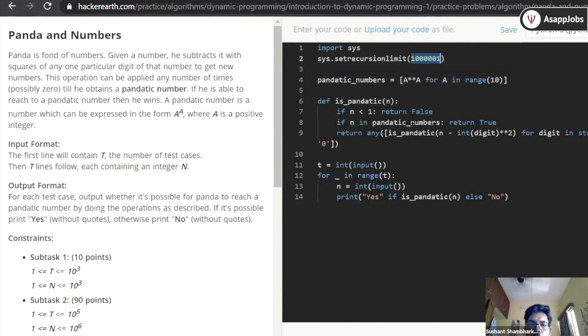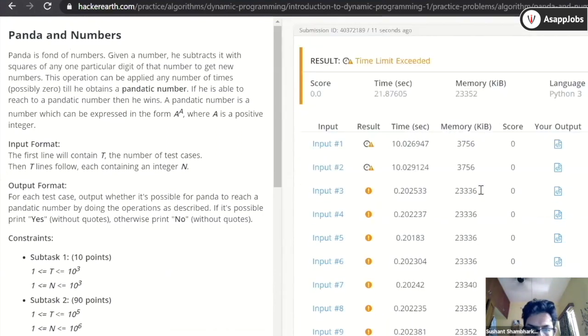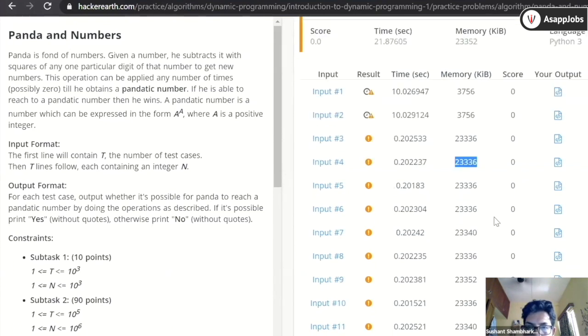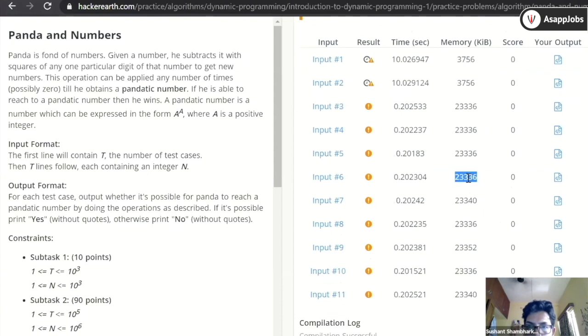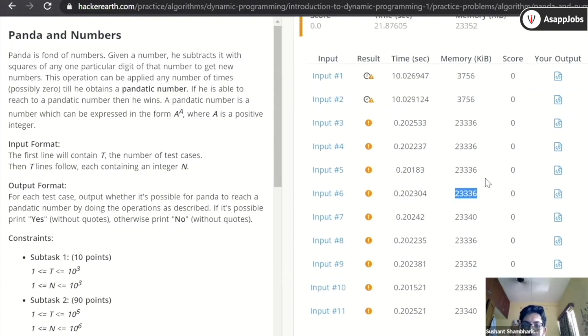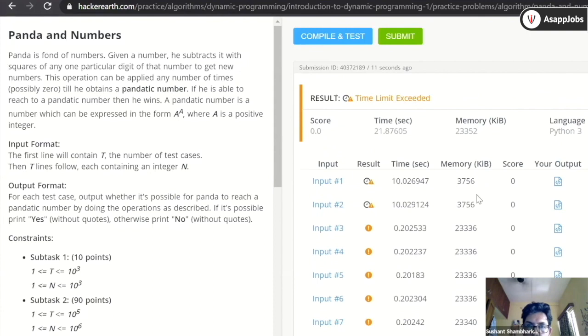If it is not taking that much time, it will at least take a lot of memory. You can see here there is a memory limit in KB and it is going up to the upper limit, right? So all these numbers are going to the top limit, and these two cases are using lower memory, but they are taking a lot of time because we haven't used any caching mechanism.